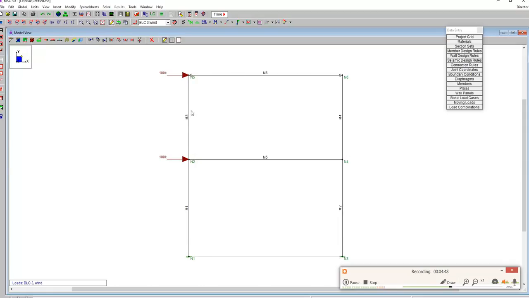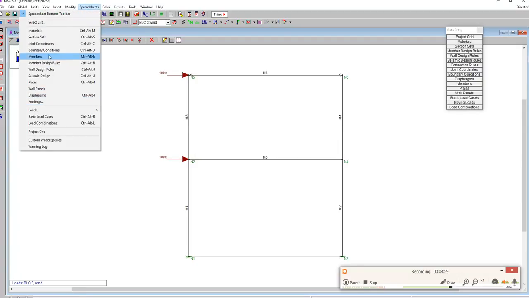Make sure that these columns are not released, because columns have to be able to transfer the whole loads into the foundation. So we're going to leave it there. Go back to the